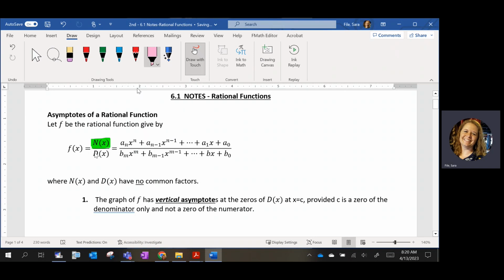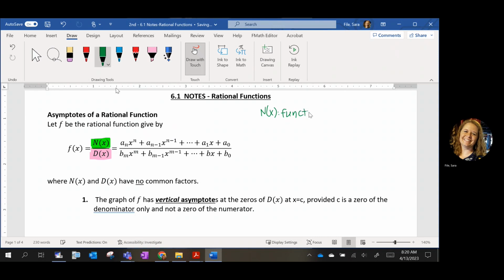Okay, so we're going to call the numerator's equation n of x and the denominator's equation d of x. N of x is just the function in the numerator. And d of x